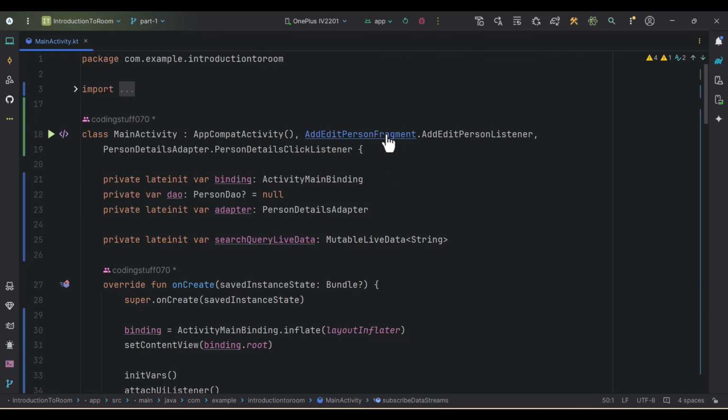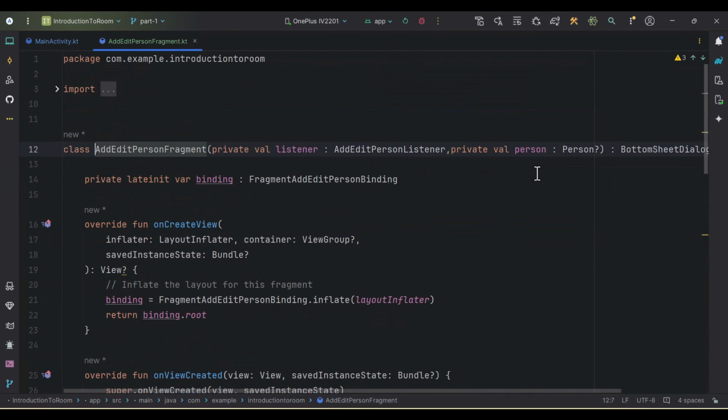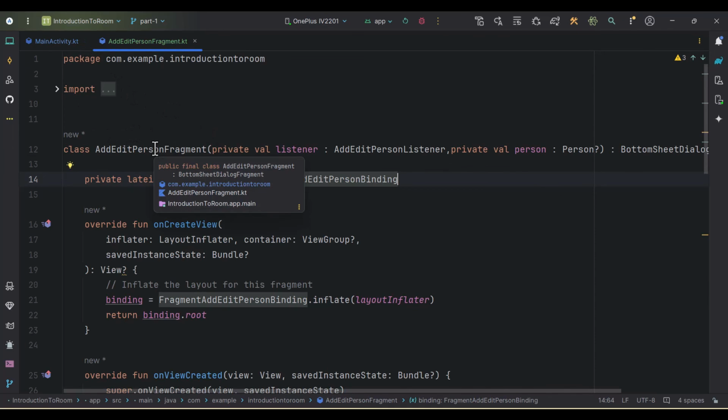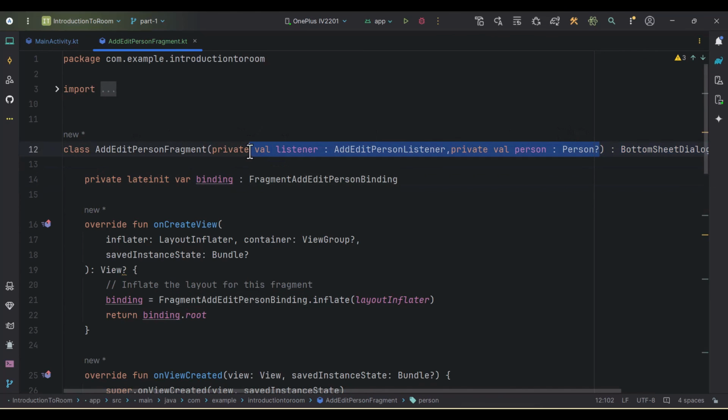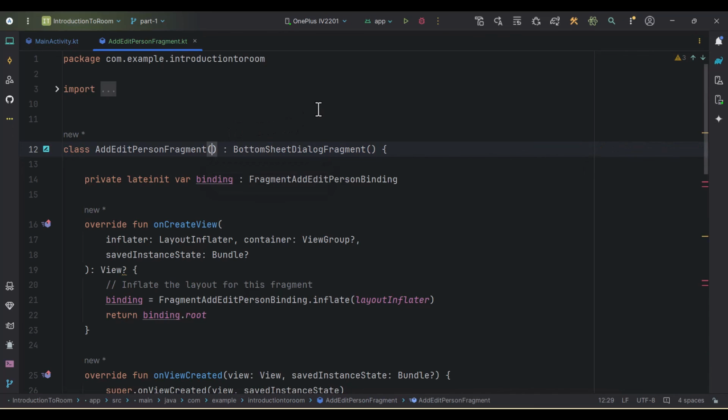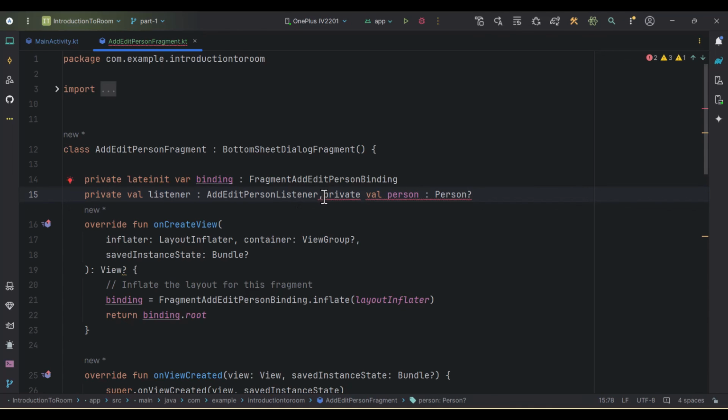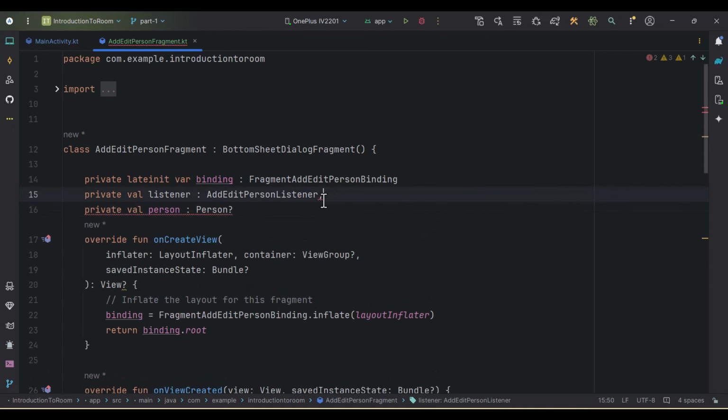So let's go to the AddPersonFragment, and here as you can see we don't have any empty constructor, so our activity will not create an instance of this fragment, and we should not pass this kind of values in the constructor of the fragment. But as this video was more about understanding Room database, I kept it simple, but you should not do it this way. That's why we are fixing it at the end of the video, and you'll also get an idea about configuration changes. So let's just make it var,